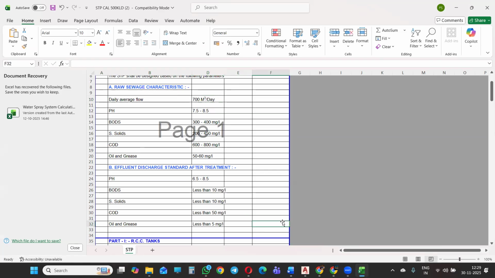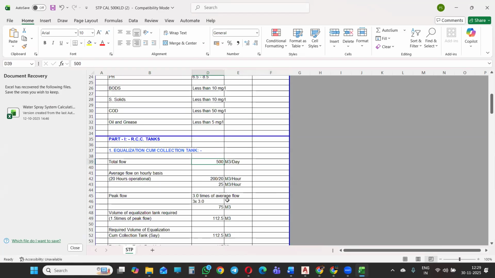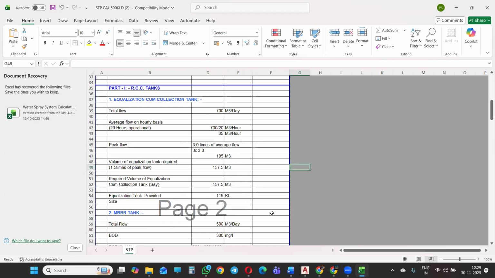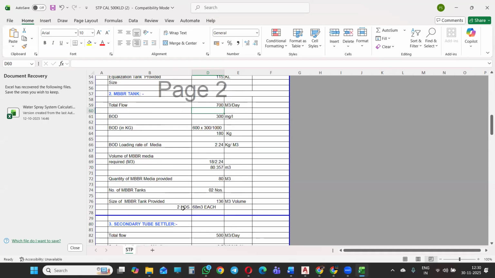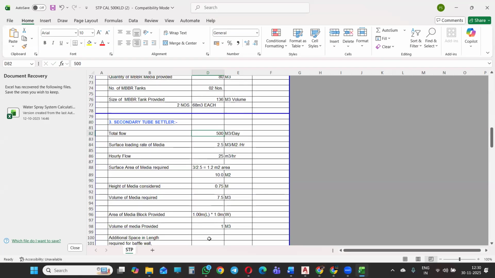जैसे मैंने 700 डाला, ऑटोमेटिक उठा रहा है, पीक फ्लो 700। यहाँ देखोगे आपके आंसर ऑटोमेटिक चेंज हो रहे हैं। 700 डालते ही यहाँ पे कितना आ रहा है, 2 नंबर। यहाँ 700 की जगह 800 डाल रहा हूँ। तो सारी वैल्यूज ऑटोमेटिक चेंज हो रही हैं। यहाँ 700 डाला, देखो यहाँ 35 आवर आ गया ऑटोमेटिक।